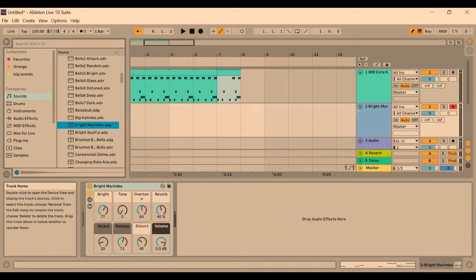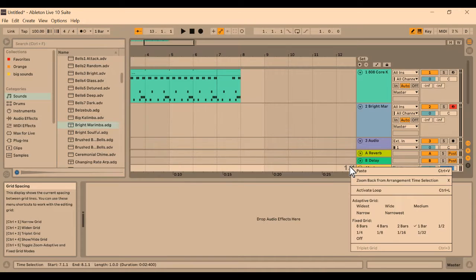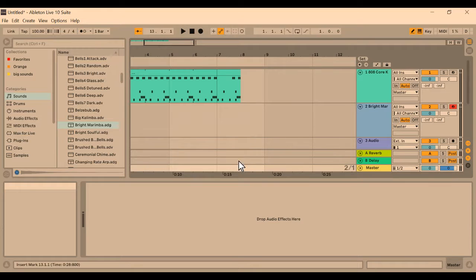So this time I want the grid indicator to be 2 bars. So I right click on the 1 and change it to fixed grid of 2 bars. Now each of these squares is now 2 bars. 1, 2, 3, 4, 2, 2, 3, 4. The reason why I want to do this is I want to select one square